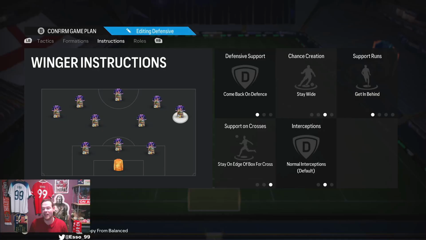The wide players are set to come back on defence, stay wide, get in behind, again stay on edge of the box, and normal interceptions. The reason for the comeback on defence is firstly so we can defend in a 5-back if required, but also to stop those overlapping runs that a lot of people are using on their fullbacks, be it in a 4-2-3-1, a 4-3-2-1, or 4-4-2, and any of these formations where players are using their fullbacks to get in behind the outside of our fullbacks. We want our right mid and left mid to come back on defence in order to